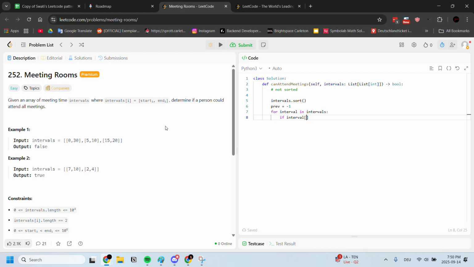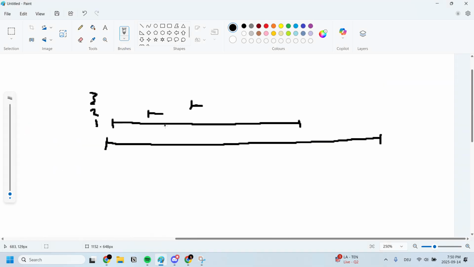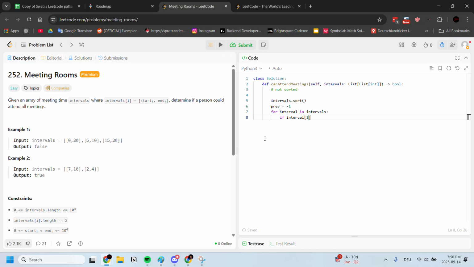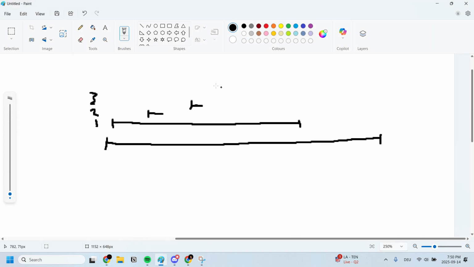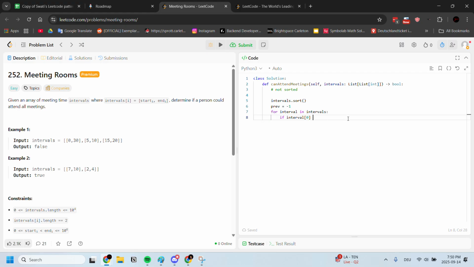So if interval 0, so if the start, if interval 0 is smaller than prev, then we say return false, right? And then we do prev equals interval 1,